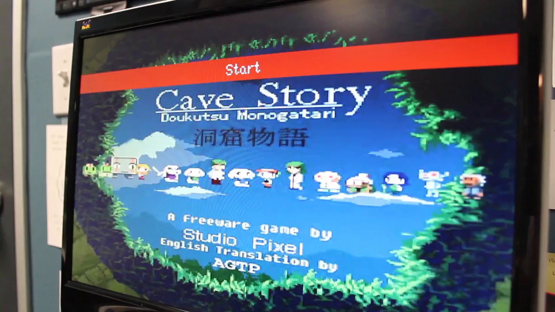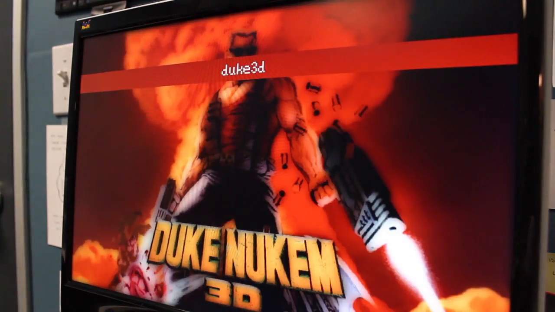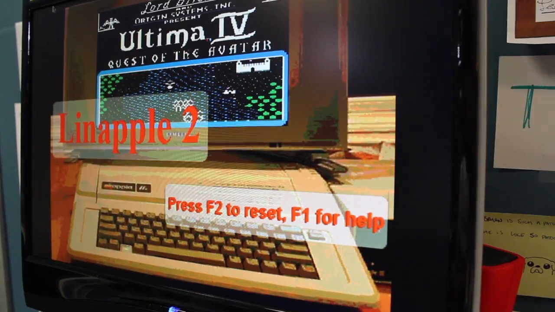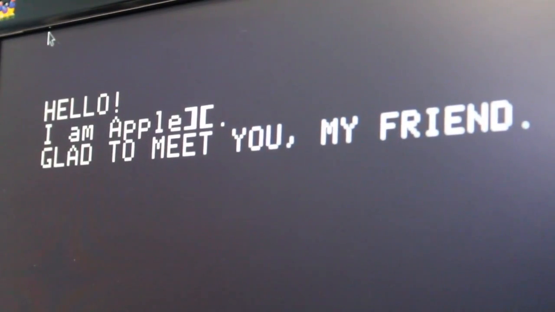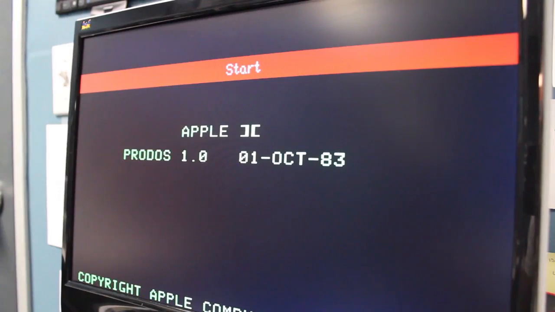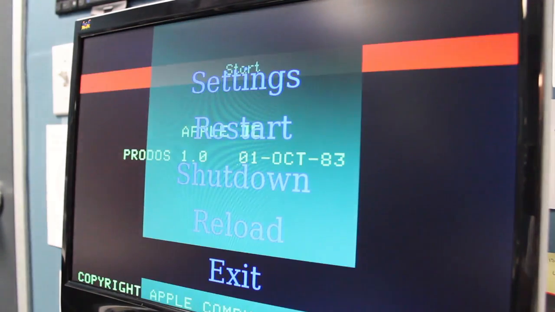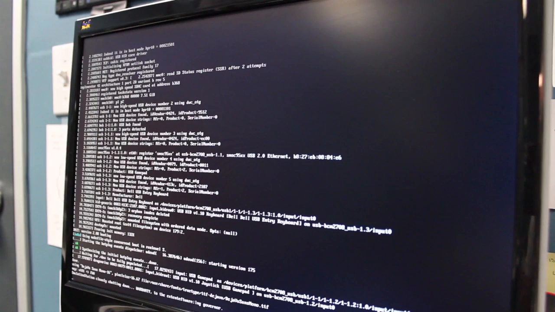Now obviously we haven't moved over any ROMs. These are just some of the default things that pop up. You've got your Apple II, Doom, and a couple other things listed in here. Since I've mapped the left bumper to exit out of the emulator, that's what I'll do. Now that we're in